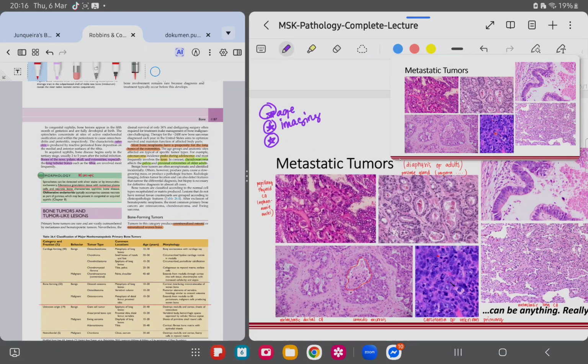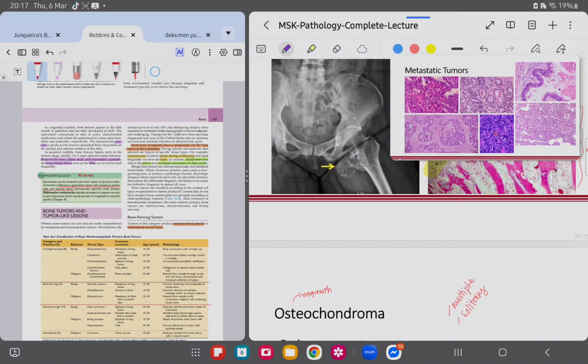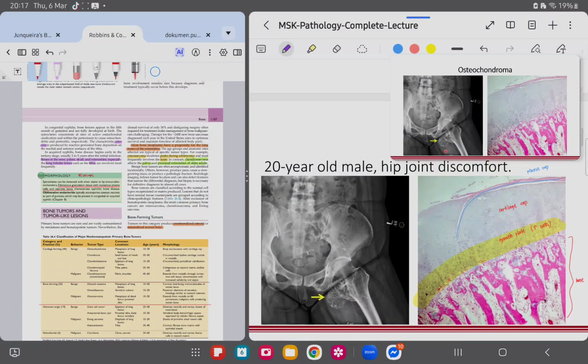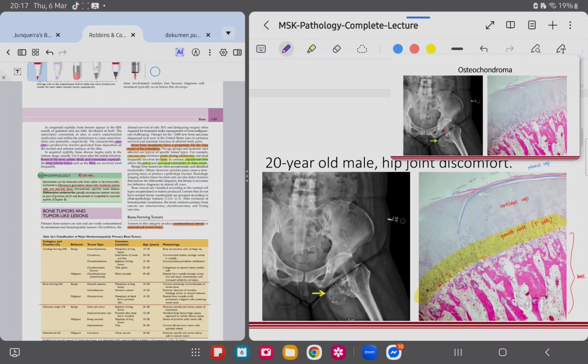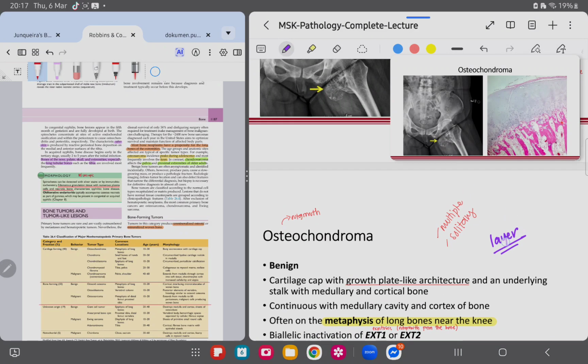Osteochondroma is a benign condition, and we have seen this earlier in the diagram that I have shown you. It appears as an outgrowth, and you can see that it has 3 layers: the cartilaginous cap, the fibrous capsule surrounding it, and then the mature lamellar bone underneath. Please do not forget this very, very characteristic morphology of osteochondroma.